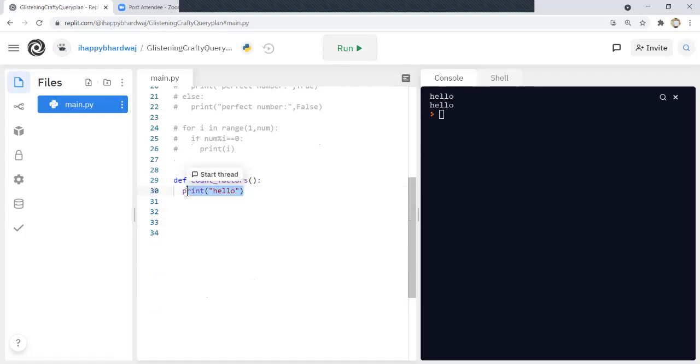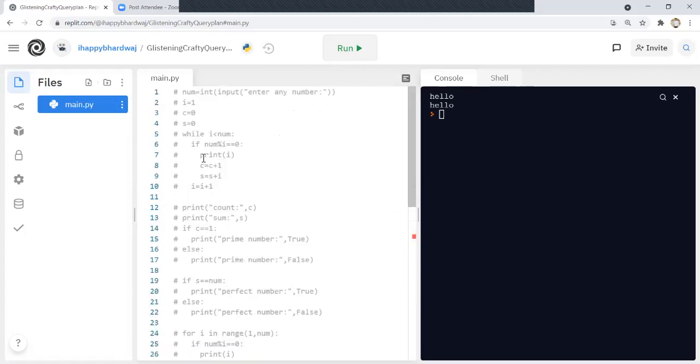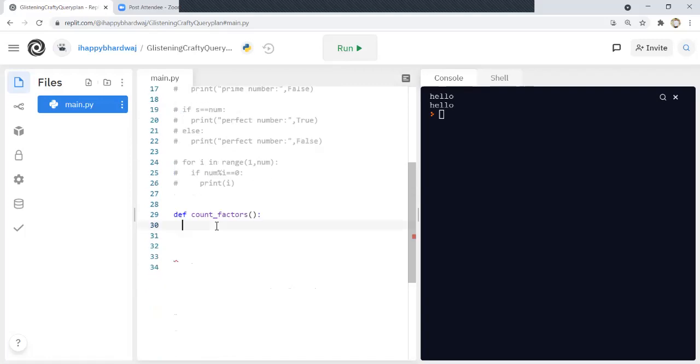Now for counting the factors, let me paste the same code here. Basically this one is the code, so I can copy it and paste it here as it is. Let me uncomment these lines and remove the extra things. We don't need the sum variable.